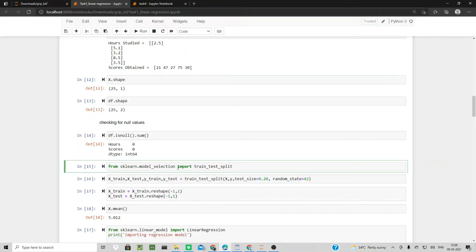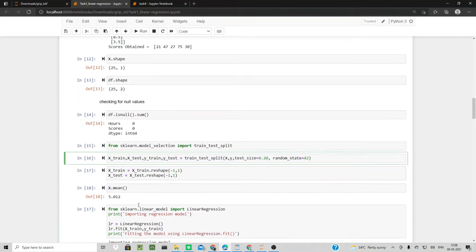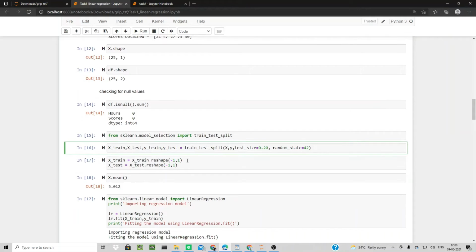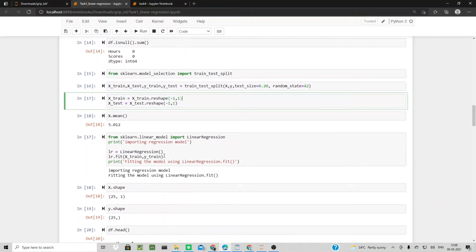Now sklearn is something that is used to model machine learning algorithms. It can be done traditionally, but I chose to do it using sklearn. So from sklearn, I'm going to import train test split. This is nothing but we are going to train the data. So as to know if it is accurate or not, we are going to test the model on the test set. So I imported train test split.